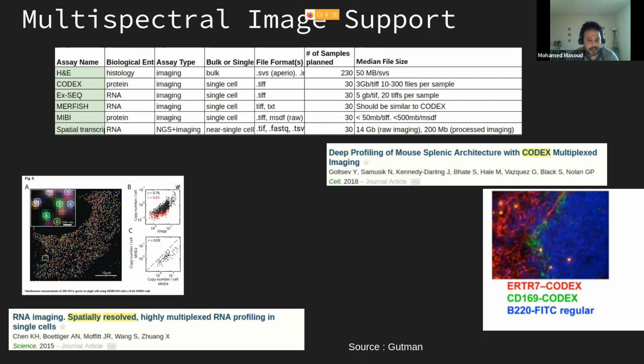Here is an example of two of these technologies. Codex is a recent one that comes, I think, from Stanford University. It mainly uses a protein panel and has the ability to get maybe 40 different proteins in the same image.